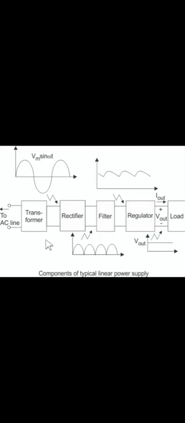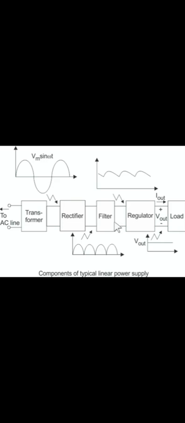Hello everyone, this is a video about how to create a circuit for RPS in Electric Circuit Studio app. Generally, RPS is a device which is used to convert an AC signal into a DC signal, and this is the block diagram for RPS. In this, we are using a transformer, rectifier, filter, regulator, and a load.